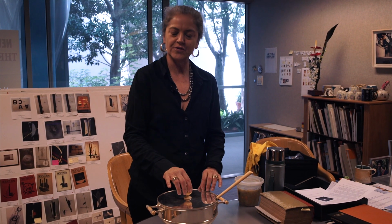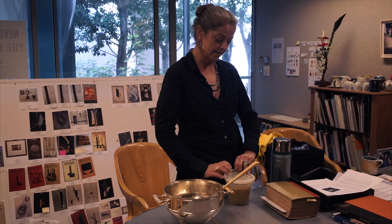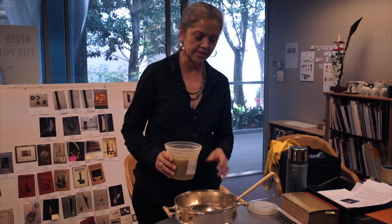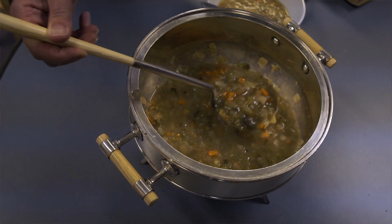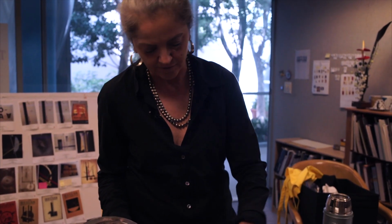So I'm going to take my soup tureen, designed by Christopher Dresser, and pour some soup that I made into it. And I think it's important to note that this soup was a recipe from the period that this was designed. One of the reasons I chose this recipe also is because it's got a translucency that would be more luminescent inside of the silver lined